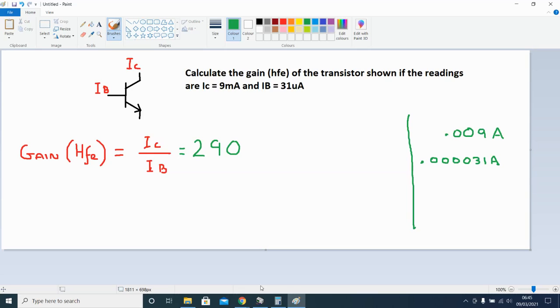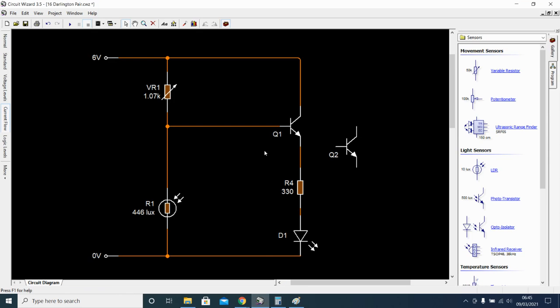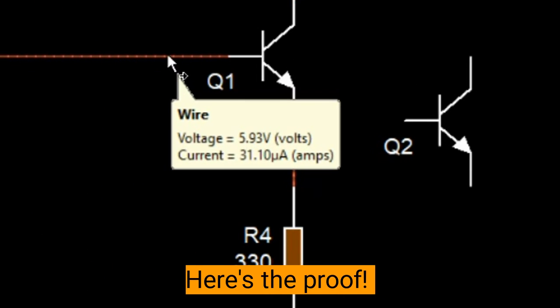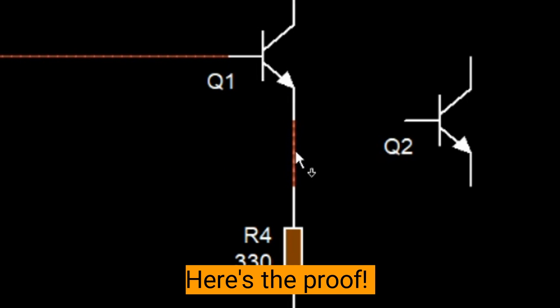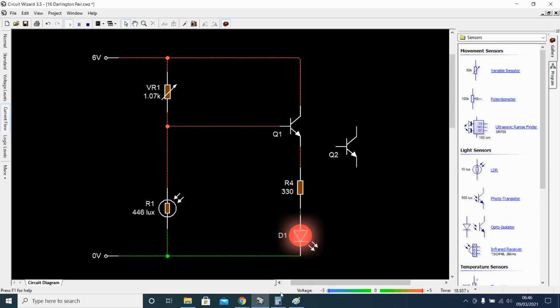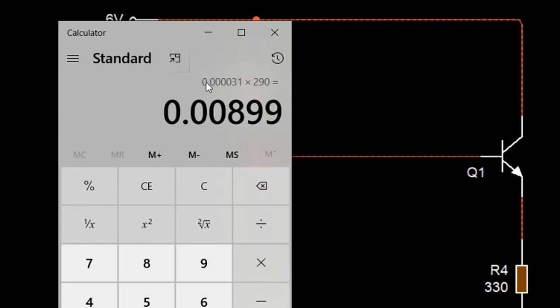Let's have a look at a simulation example here. So at our base, we have 31 microamps, and at our emitter here, we have 9 milliamps. So 31 microamps at our base multiplied by 290, which was our gain, gives us